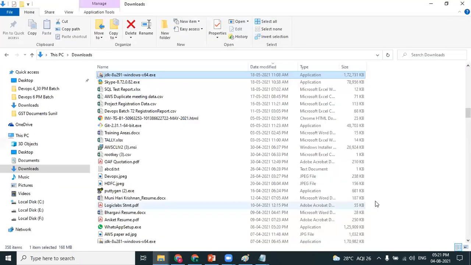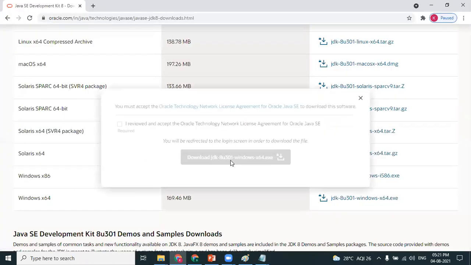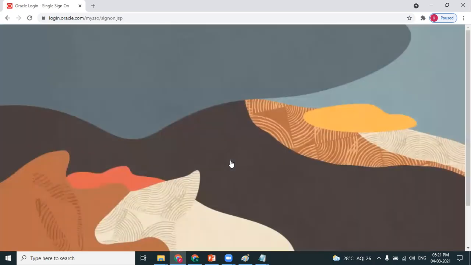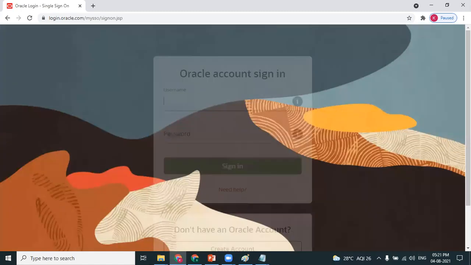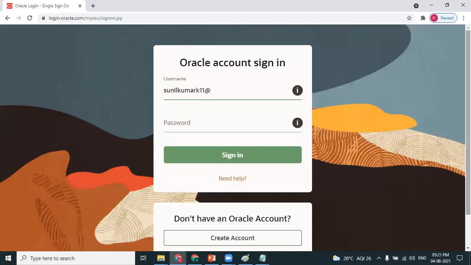If you want to download, you need to have an Oracle account. So I'm logging into my Oracle account.